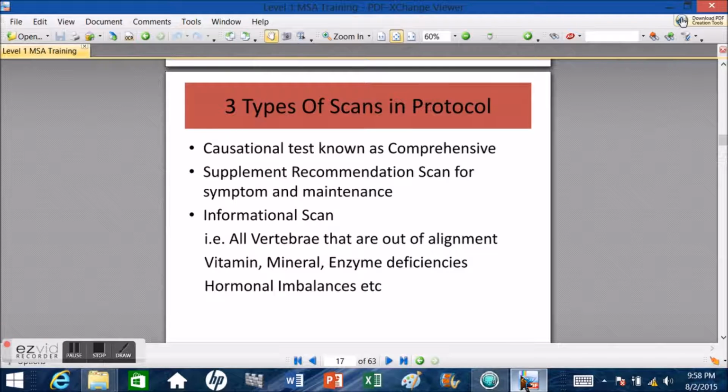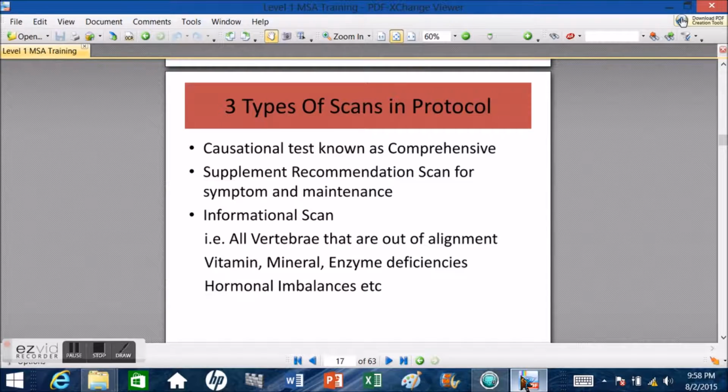And our third scan is our informational scan. This too will be imprinted. So we're going to also want to do our recipe for our imprint. For this one, we call it the imprint specific 2. And then we'll want to do the informational scan, which includes the vertebrae, the dental, vitamin and mineral deficiencies, enzymes, hormone imbalances, neurotransmitter imbalances. And a lot of people say, well, why do you run that when you've run that